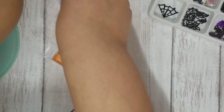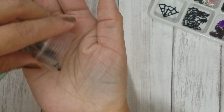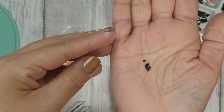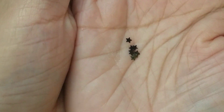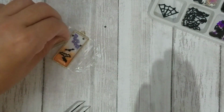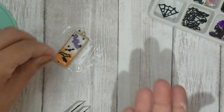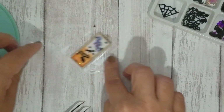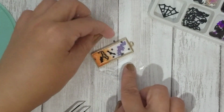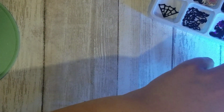And then so these are just a few star glitter shapes. Can you see that? Teeny tiny. And I'm just gonna drop them in. Kind of random. Okay, let's do a cure on this one. Alright, that one doesn't want to go. So while that one's curing, I'm going to show you the progress on the